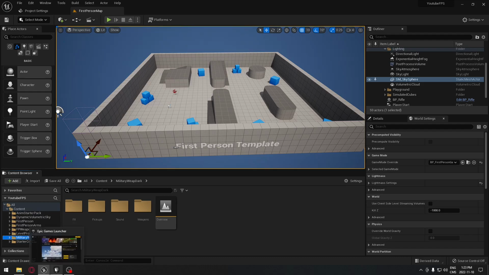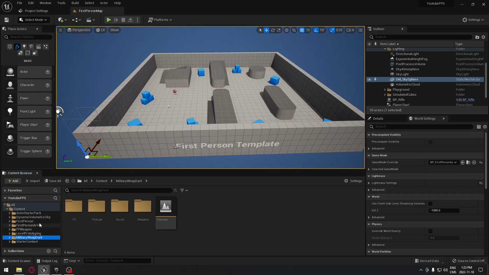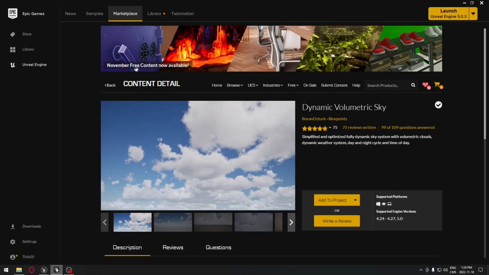So to get all of that, we go to the Epic launcher and we'll go to the marketplace. So as I said, the dynamic volumetric sky, it's only to select day or night. There's a lot more to do with this, but in this series, I'm not gonna use it for anything other than day or night. So if you do not have it, no worries, you can just follow along without any problem. So we're gonna need the FPS pack. So basically, we're gonna need the animation starter pack to get some animation. So we're gonna search for the animation starter pack